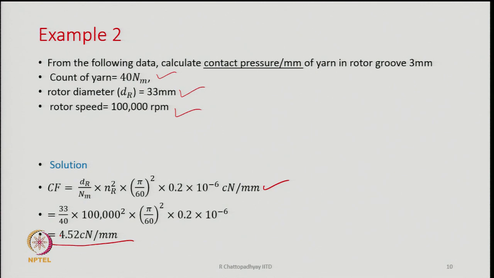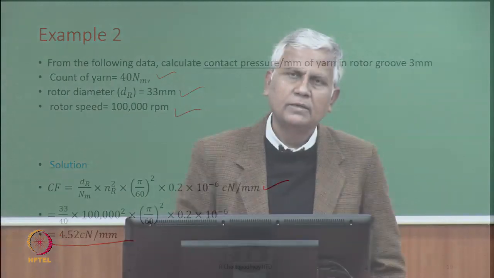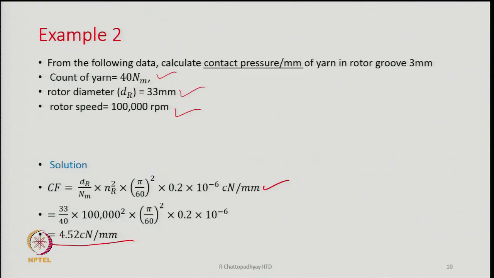So, the PT zone, let us say, is 10 mm. That 10 mm band of fiber will be experiencing 10 into 4.5, almost 45 centinewton of force, and accordingly the friction will develop, because ultimately the yarn that exists in the groove, the band of fiber,